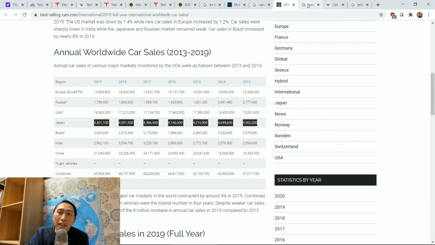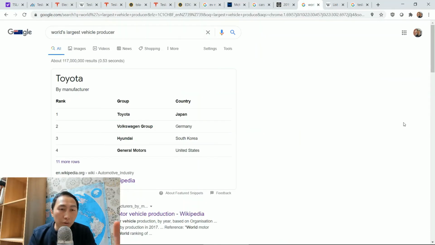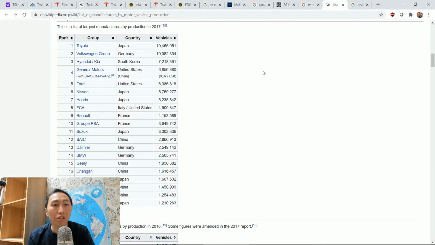And then afterwards, alright, so as we were looking, we can also research the world's largest vehicle producers, and here we can quickly see Google gives us wiki links. Wikipedia, again, is one of those really useful websites that can sum up very large amounts of information in such a simple way that I think it's very useful for someone like us. So I've already clicked on this link and I've got the tab open. And quickly I can see they rank the vehicle producers from 1 to 20 in the world,